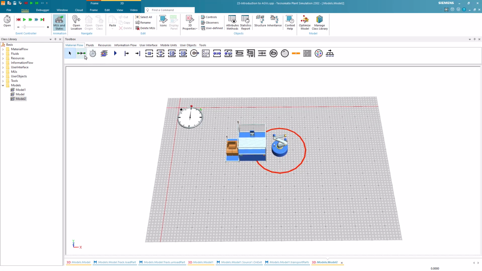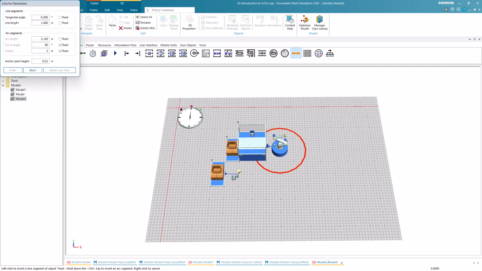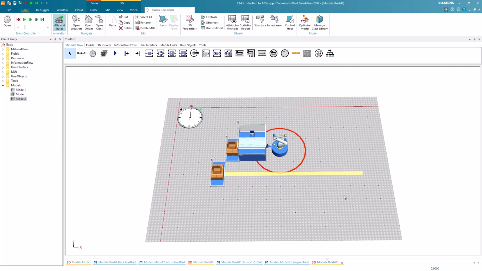Afterwards, we insert a source and a track. Then we drag and drop a transporter onto the source and set the amount of produced transporters to 1.